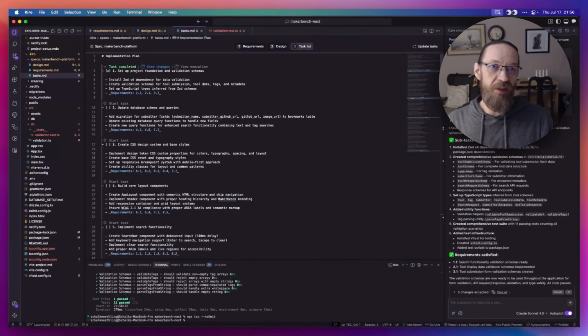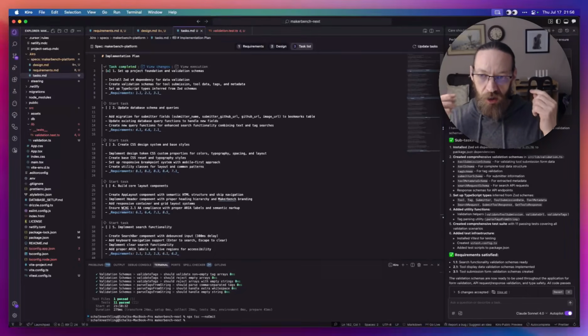But I'm pretty excited about this. So far, I'm really impressed with the choices it's made with technologies and things like that. I really like this thinking through the details before just jumping in and writing code. I think this is a really good approach, and it feels a lot more collaborative. And even on a team, this makes sense because you have a bunch of documentation about the decisions that have been made, the technologies being used, why things are the way they are. It's not just a couple of prompts and a bunch of code that's spit out the other end and nobody really knows why and how,